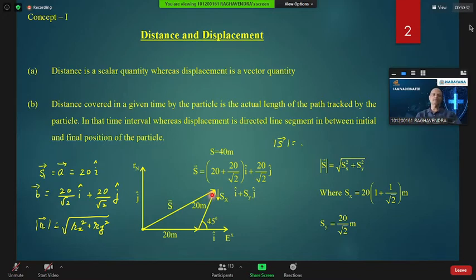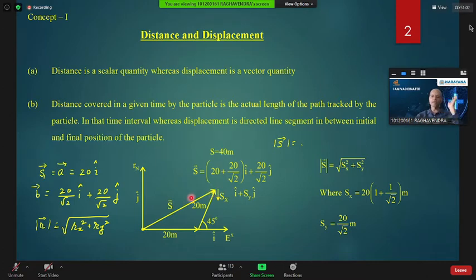If anyone will ask, what is the distance covered by the particle? So it is the length of the path, 20 plus 20, 40. So distance covered is 40 meter, beta. The length of the path, you have written here, actual length of the path. The actual length of the path here is 20 plus 20, 40. Did you understand that? Yes, sir.